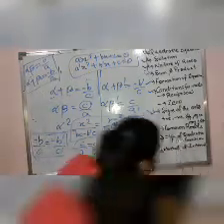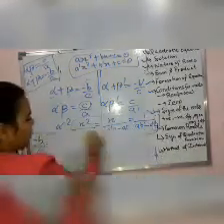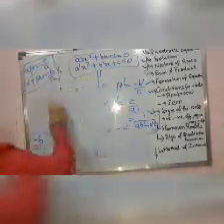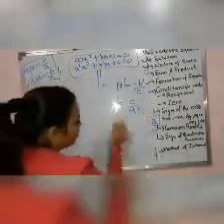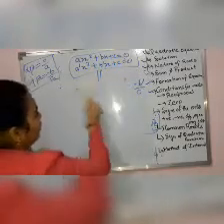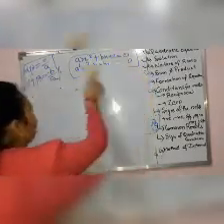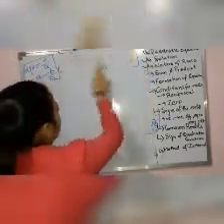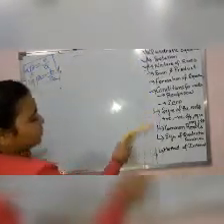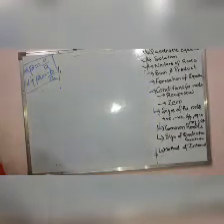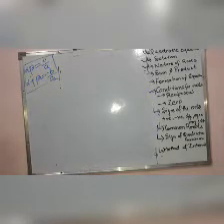After this, sign of quadratic function, we have already seen this thing. If my discriminant is coming greater than 0, then my roots are going to be real and rational. If I have discriminant equal to 0, then my roots are going to be real and equal. And the third thing is, if my discriminant is coming less than 0, then my roots are going to be imaginary or complex. So sign of quadratic function is also done.